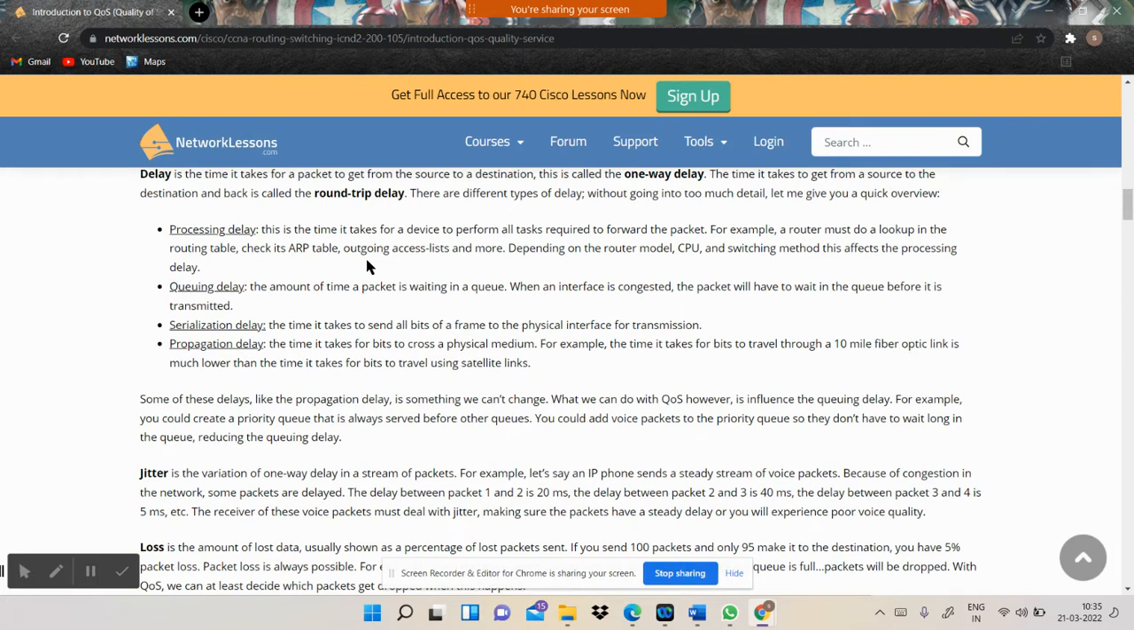Sorry, the control plane and data plane traffic. Whenever any packet has to be sent from source to destination, control plane and data plane traffic will work over there, and then